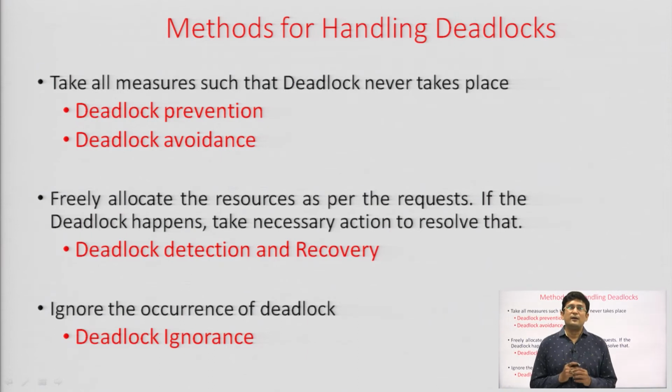Finally, the deadlock ignorance, which is the most popular technique for the latest operating systems. It is just like that the deadlock will be there because of a very few number of the processes. Ignore that, because there are thousands or hundreds of the processes running in the system. So, only one deadlock happening out of or for one or two processes should be ignored.